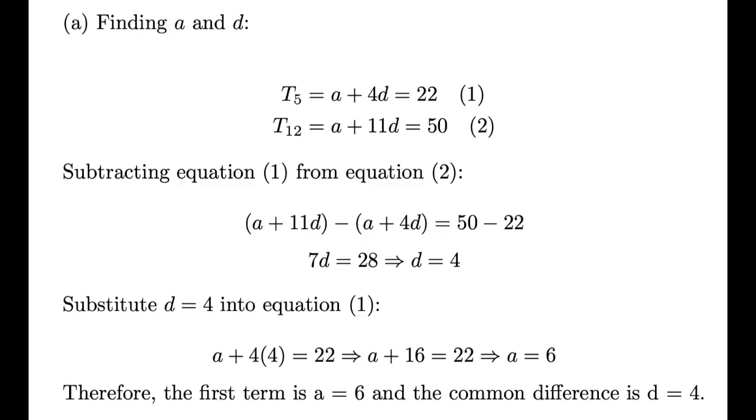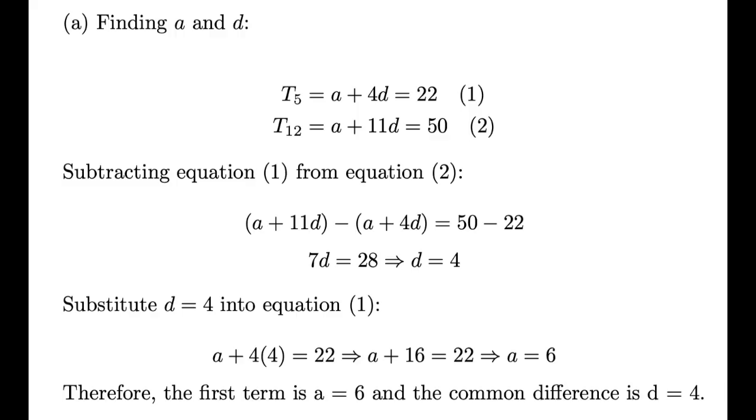Let the first term be a and the common difference be d. The general formula for the nth term of an arithmetic progression is Tn equals a plus (n minus 1) times d. In part A, given that the fifth term of an arithmetic progression is 22 and the 12th term is